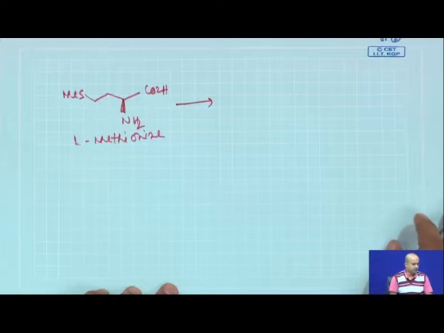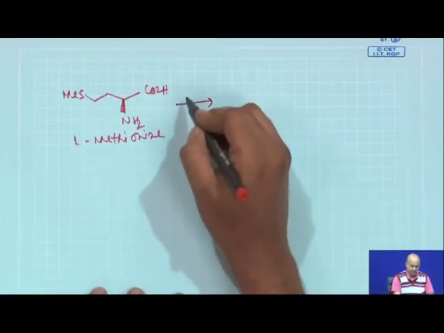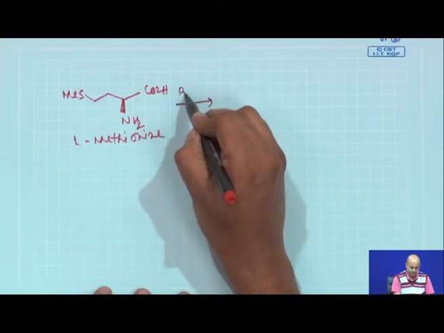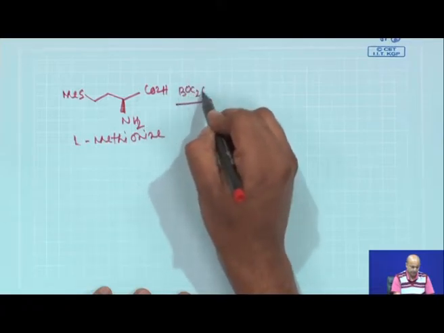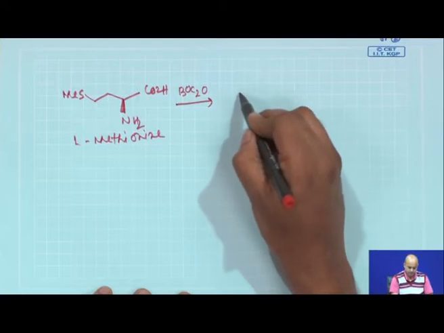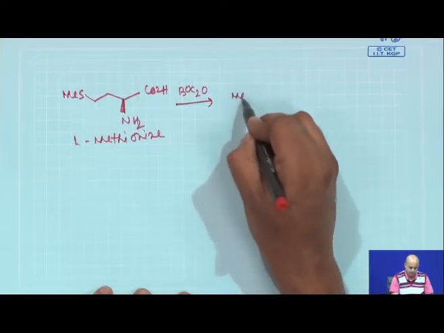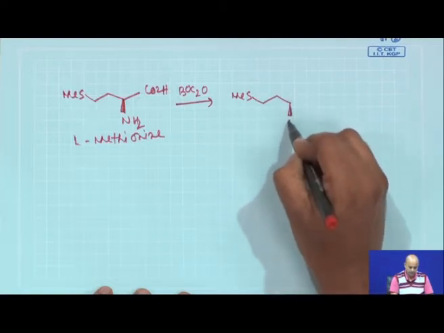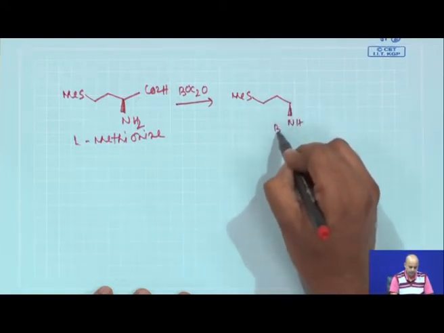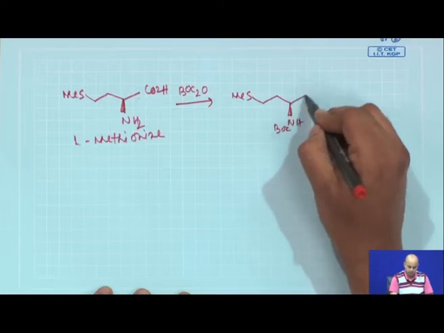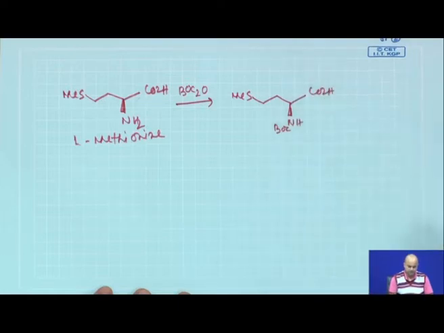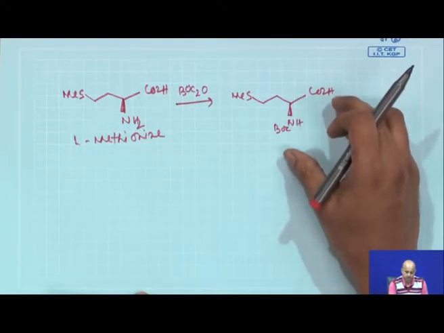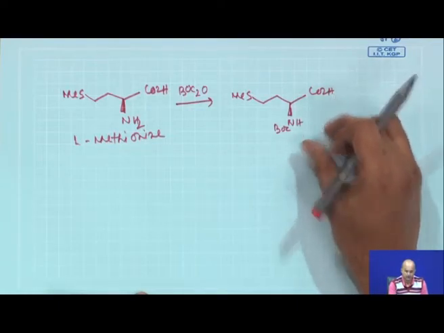So, first, this L-methionine does a similar kind of reaction. First you protect with Boc anhydride. So, you get this part, your NH-Boc and your CO2H. Now, as we need to construct the enantiomer,